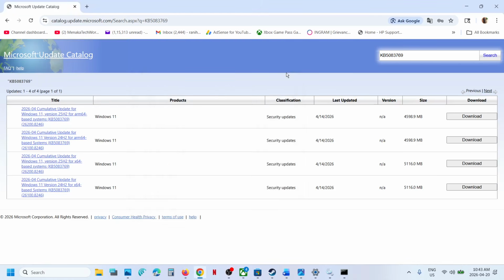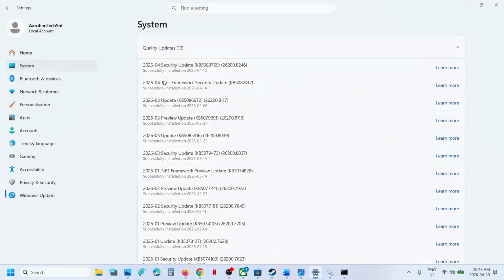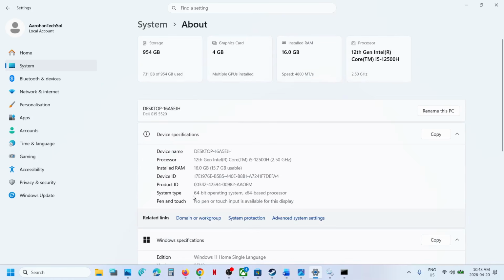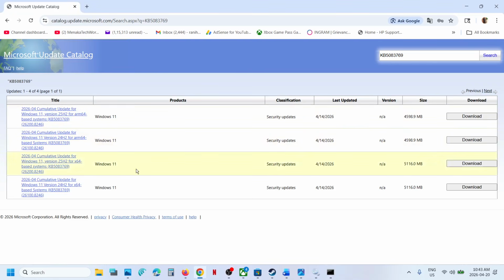And then check your system type, open Windows settings, go to system, scroll down, go to about option. Here you can see the system type in my case is 64-bit operating system. So for me it's Windows 11 version 25H2 x64 base system. If you have Windows 11 version 24H2 x64, then this is the right one for you. For me, this is the right one. Now click on download